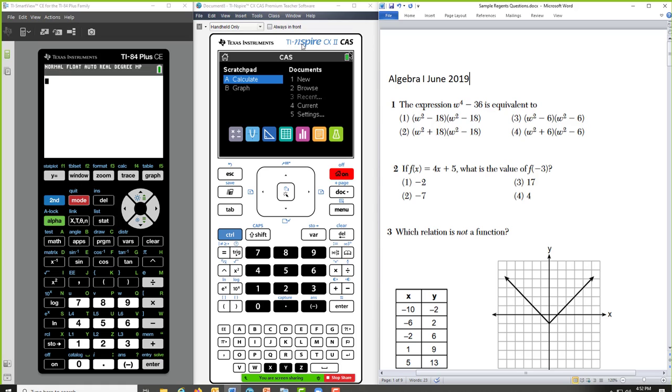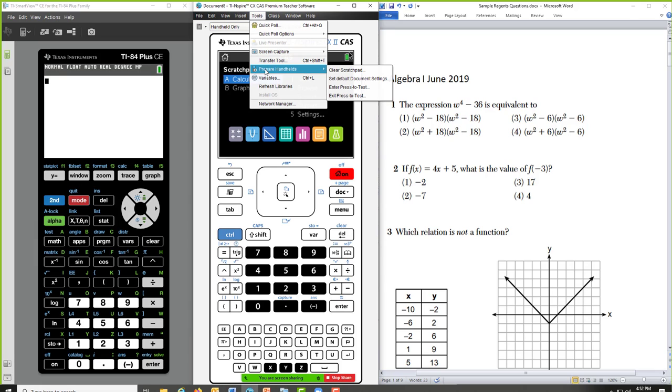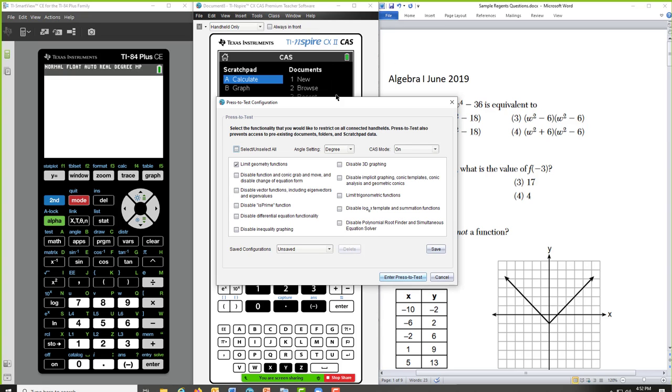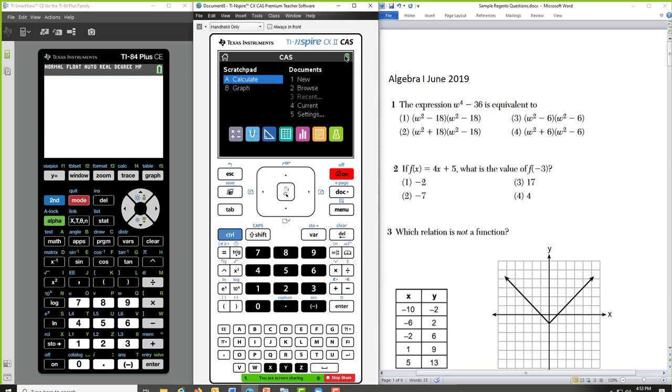TI listened to the exam agencies and they made it that when you go to put your calculators into test mode, there is a feature that you can turn off CAS altogether, or you can select an exact arithmetic which will allow you to do sine 45 yields radical 2 over 2, or square root of 8 gives you 2 radical 2. That makes the TI-Nspire CX2 CAS the ideal model for the New York State Graphing Calculator Guidelines.